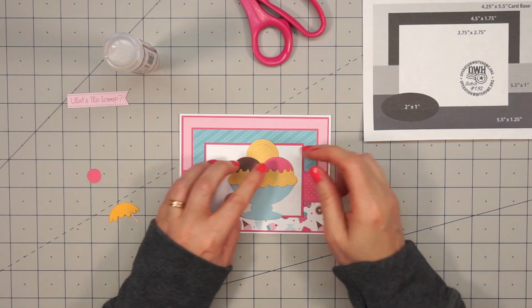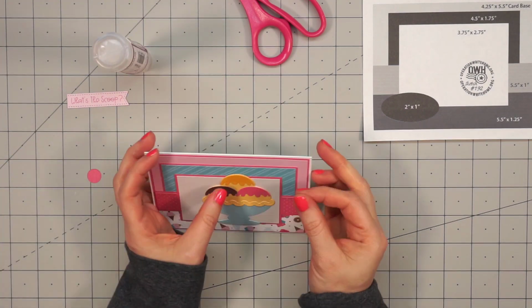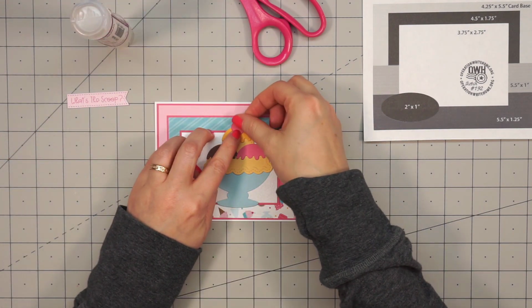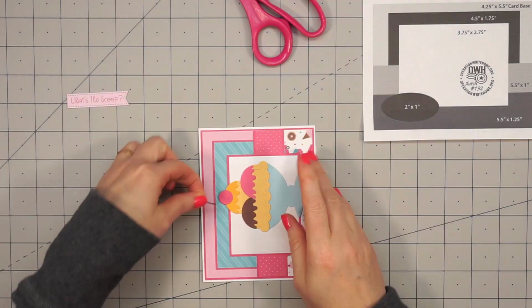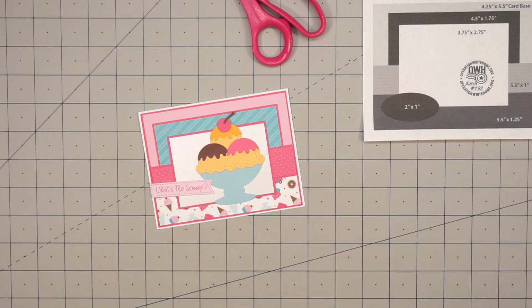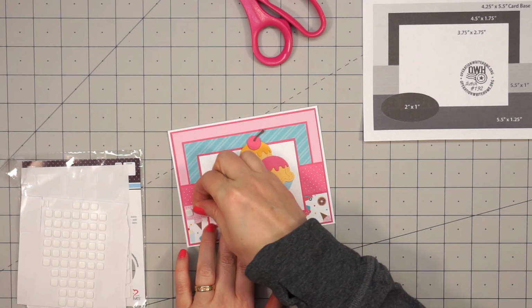Go ahead and glue on all of the different toppings. I have my fudge, my caramel, and my strawberries. I'm going to put my cherry on top, including the little tiny stem. And for the sentiment, I stamped this out on one of the stitched sentiment die cuts on the pink